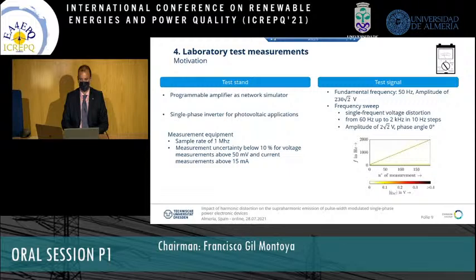So down below you can see a figurative description, which means on the x-axis we have represented the number of measurements. We have performed somewhat below 200 measurements for these 10 hertz steps. And the frequency that is excited is up to 2 kilohertz. So we have excited the inverter in the frequency range up to 2 kilohertz, which, as I explained in the beginning, is considered in our case the harmonic frequency range. And on the next slide,